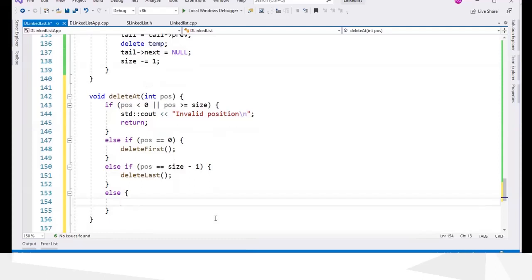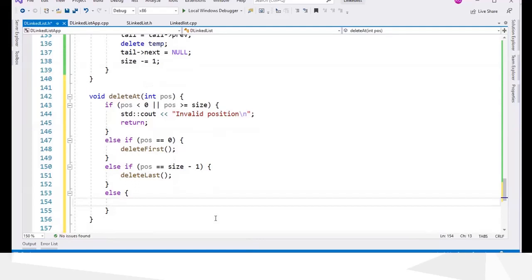So now we can directly go to the node, not like in the singly linked list. In a singly linked list, we have to stop at the node before, because we cannot go backward.